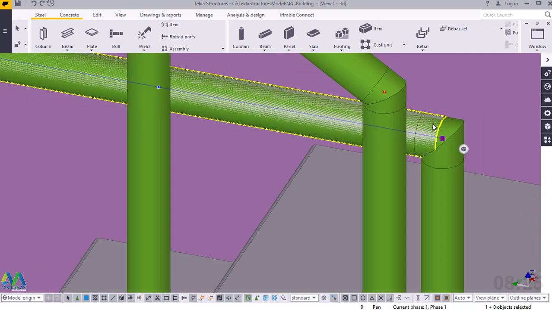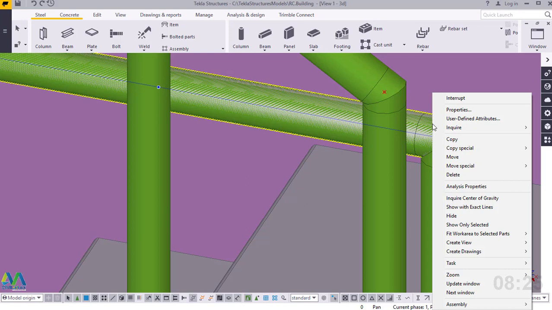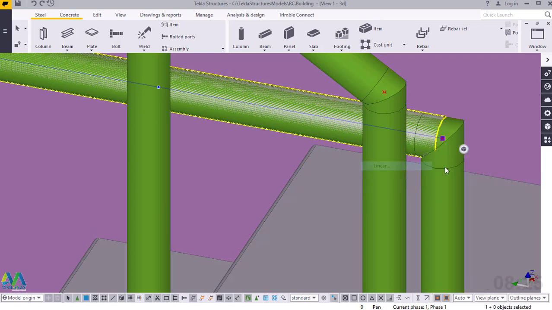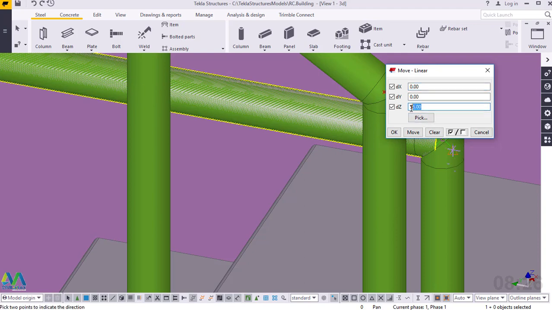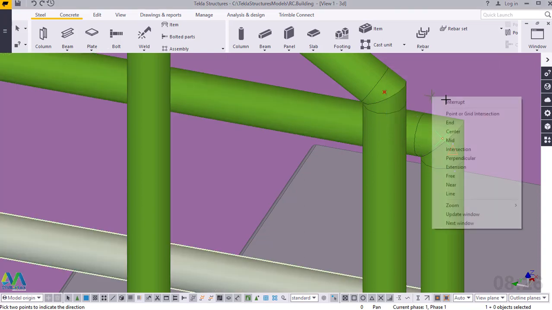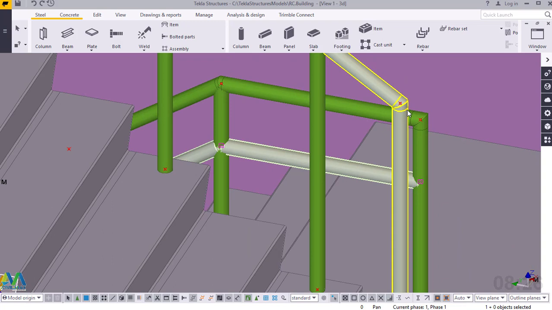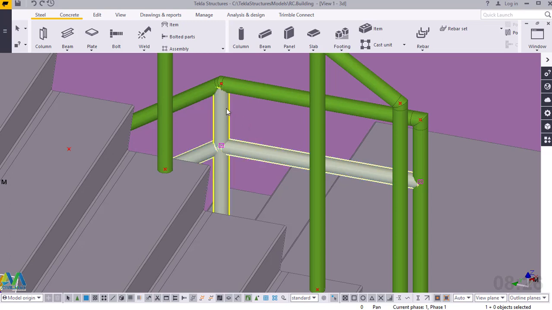I'll move it first, 200 millimeter. I'll right click first to invoke that move command. I'll come to move special and click linear. Then I'll work on the Z axis. Under Z axis, I'll prefix my dimension of 200 with a negative sign just to make sure we are not moving up anymore, we are going down. Then I'll click move here. It will move with 200 millimeter,